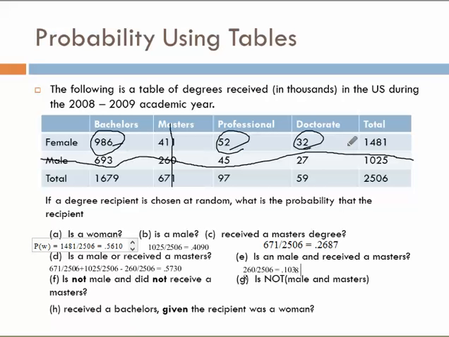So the people who are successful picks in this case are people who are not males, meaning they're females, and people who did not receive a master's, meaning they received some other degree besides a master's. So if we add up all those numbers, the qualification for this description is females and bachelors, females with professional degrees, and females who are doctorates. Adding all of those up and getting the sum, we find that the probability of this column,